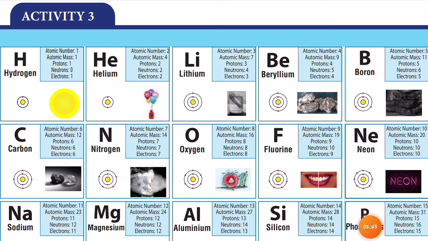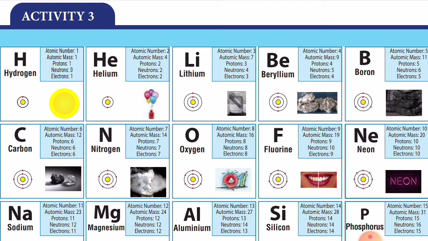Okay, children, see this activity. The third activity, children, is very important. This is periodic classification, children; here you learn all these things. Here they are giving 5, 10, 15, 20. How many elements, children? Here 20 elements are given. So you learn all 20 elements, their atomic numbers and mass numbers. That's very important, children. First see the hydrogen atom.